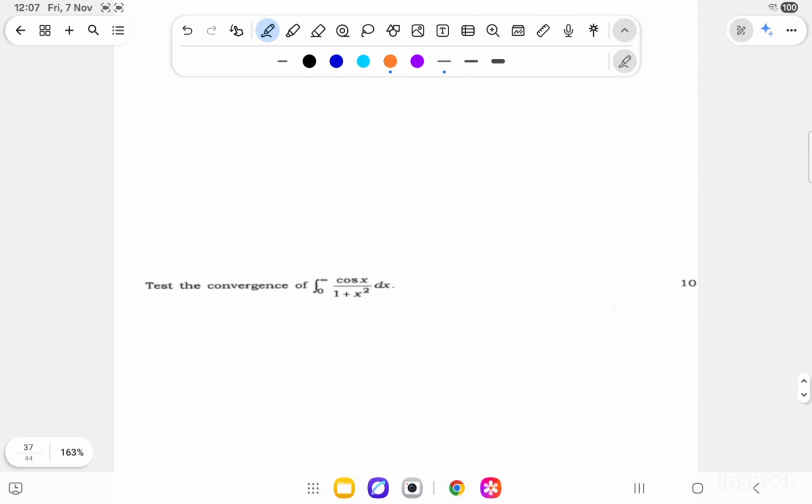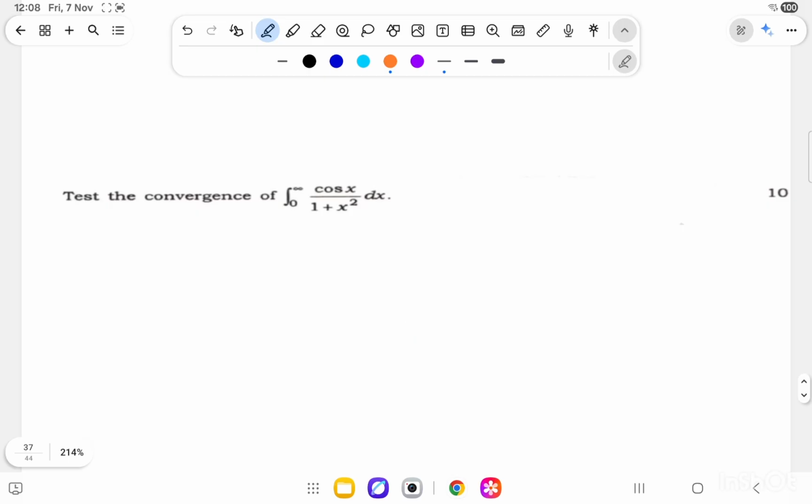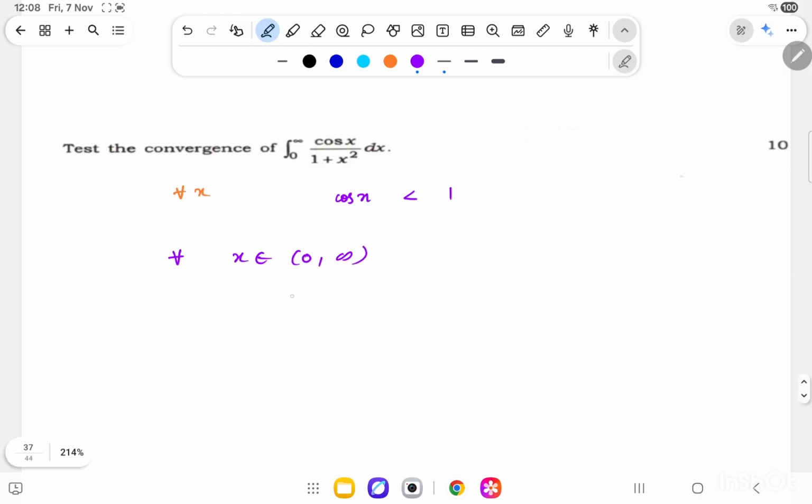So let's see our next question for today. The next question is to test the convergence of this integration. Now if you observe, we know that for all x, cos x is less than 1, and for all x belonging to 0 to infinity, 1 plus x square is greater than 1. So from here what I'll get is 1 by 1 plus x square will be less than